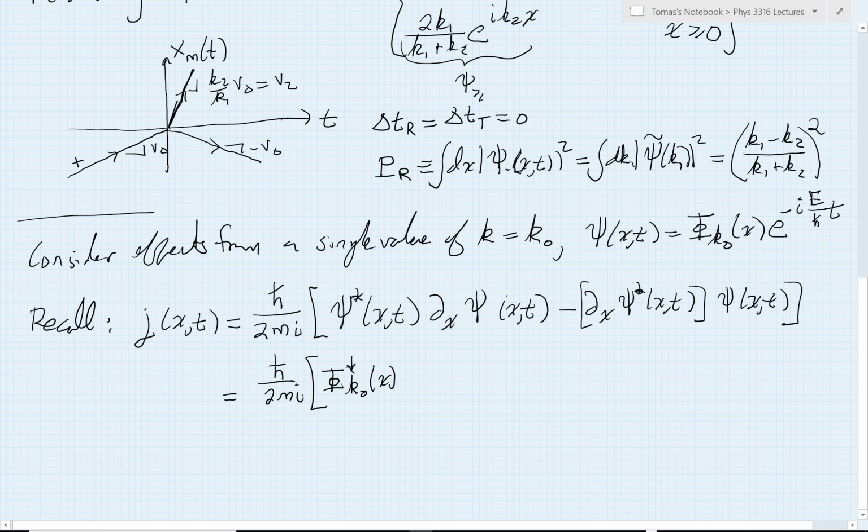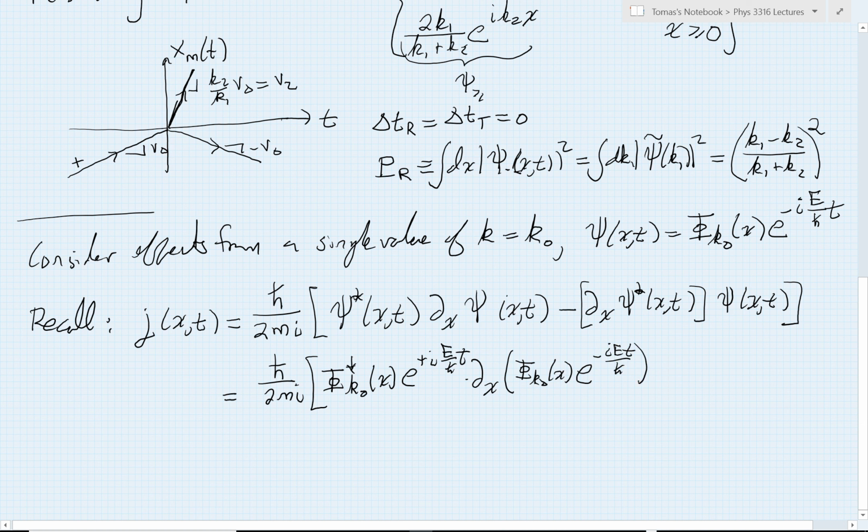Then the complex conjugate of the time-dependent factor would just give me the positive sign on i. There's e to the i E t over h bar. Then I multiply that by the x derivative of the wave function itself, which again is a product of these two terms, phi of k0, which depends on x. And now I'm just copying down the wave function, which has no complex conjugation, so it's the minus sign. So it's e to the minus i E t in the numerator divided by h bar.